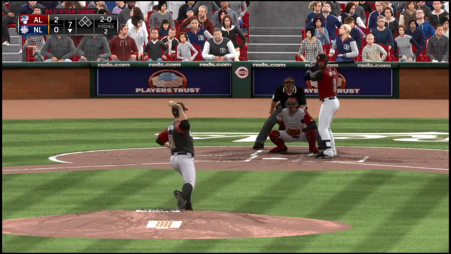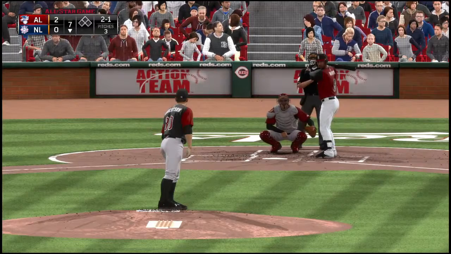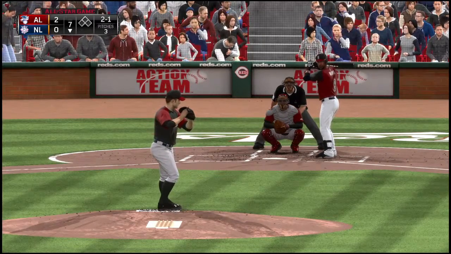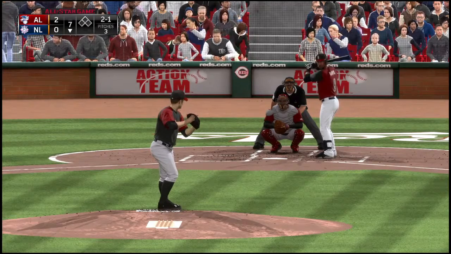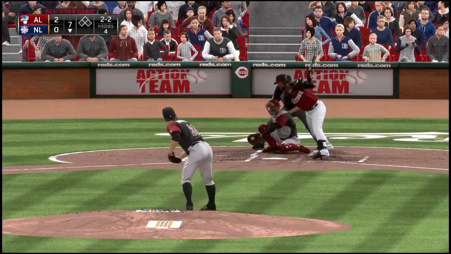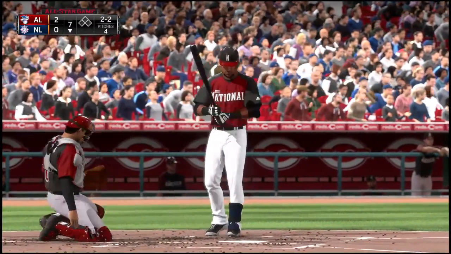Here comes the 2-0. And this is going to be fouled into the diamond level seats. Now the 2-1 pitch. On a good pitch there, had him stretching to get out there, and it's 2-2 now.